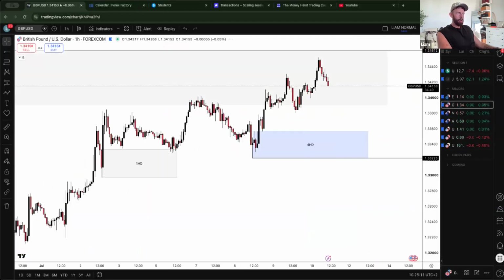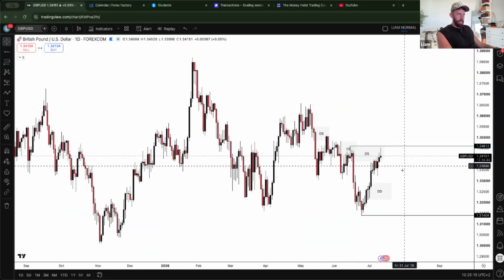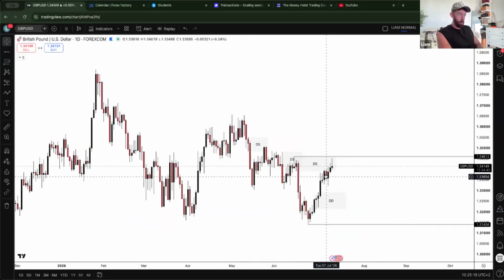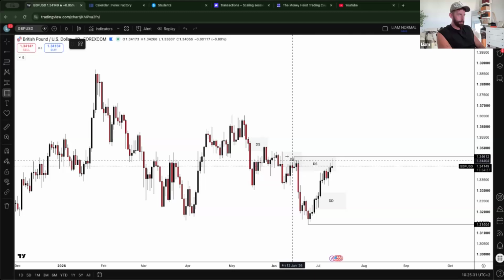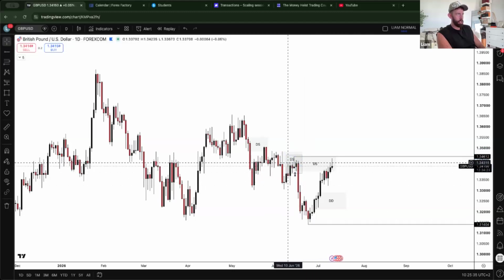Now going into the Great British Pound US dollar, let's have a look again. We are still in that daily supply. We have been in there since Monday, so we've got 1, 2, 3, 4, 5 days of being in that daily supply, which is again a positive sign, because when the market does slow down, consistently when we reach a supply area before the market gives us a reaction, you can see we slow down a hell of a lot.